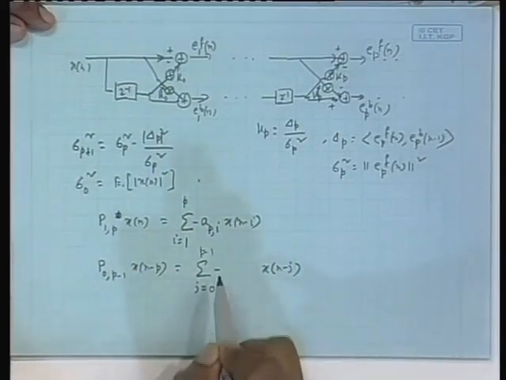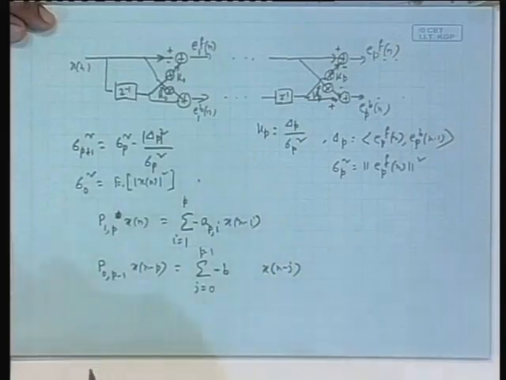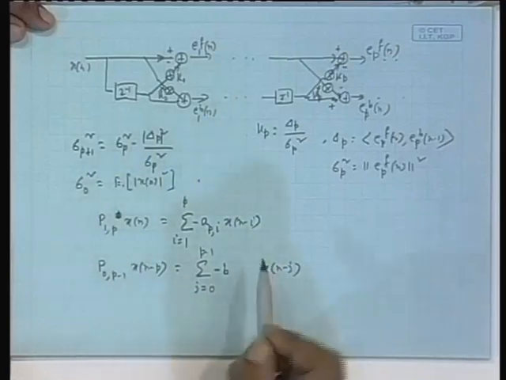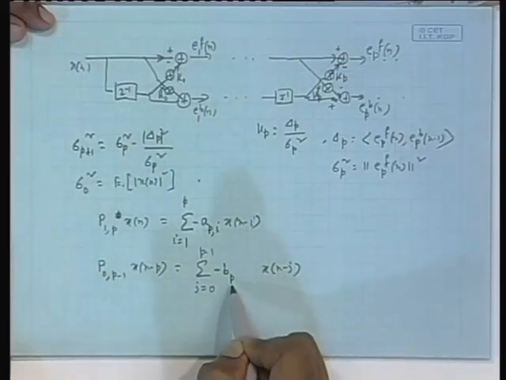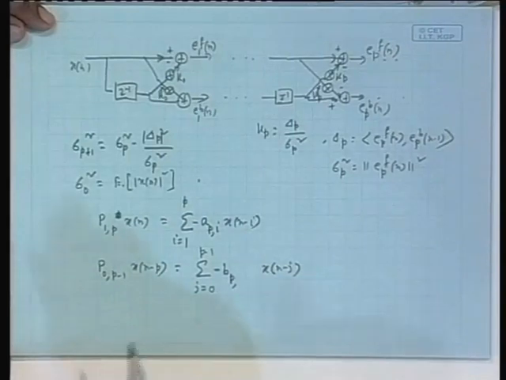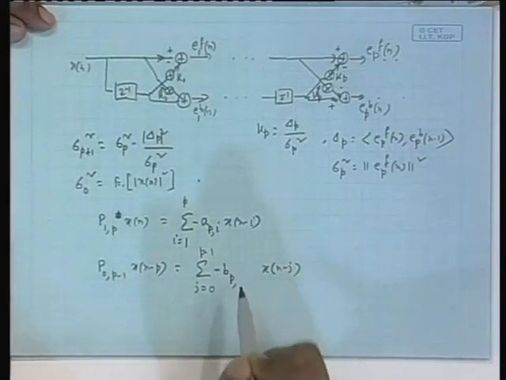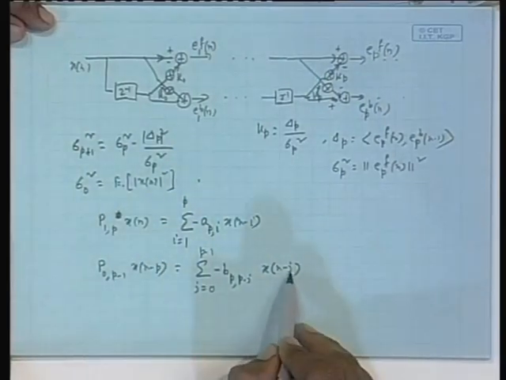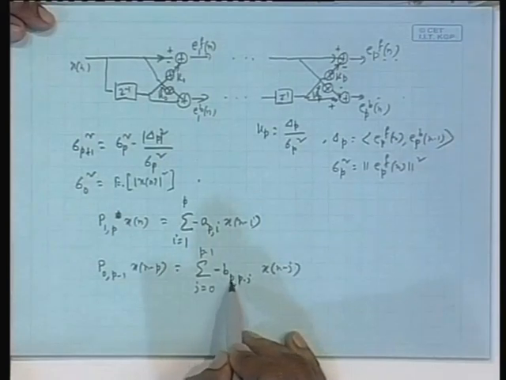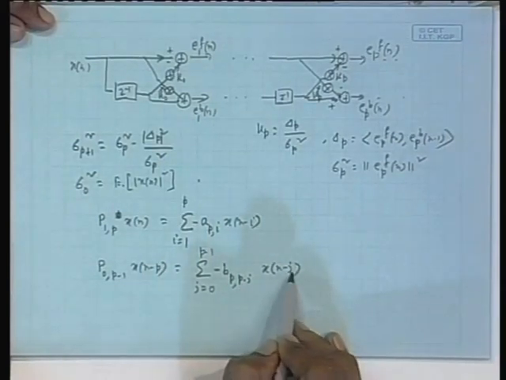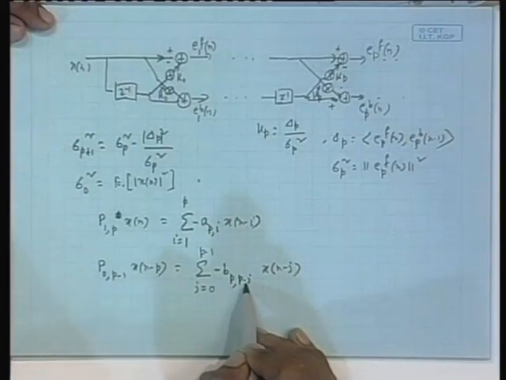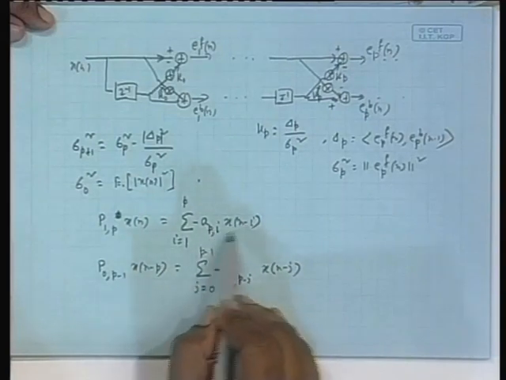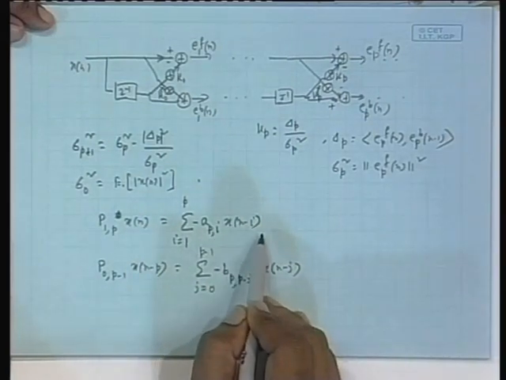A minus sign again I put deliberately. Coefficients I denote by b, just to conform to the notation that is used. The first index will of course be p because it is a pth order prediction. Instead of having the second index as j, I will call it p minus j. I am just naming it this way. When j equal to 0, that is x n, this should be called b p p. When j equal to 1, x n minus 1, this should be called b p p minus 1. Unlike here, a p 1 for x n minus 1, a p 2 for x n minus 2, a p 3 for x n minus 3.